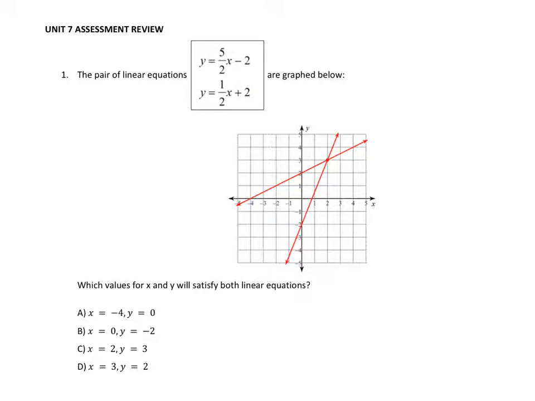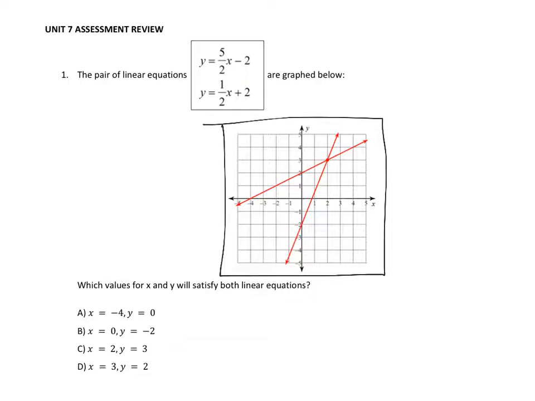Number 1, it says the pair of linear equations y equals 5/2 x minus 2 and y equals 1/2 x plus 2 are graphed below. So you see the graph right there. I'm putting it in a box. And the graph shows that the two lines cross. Okay, so which values, I'm reading the question right now, which values for x and y will satisfy both linear